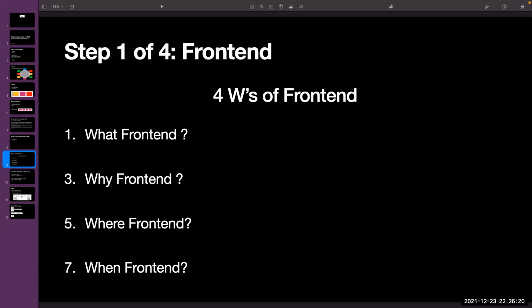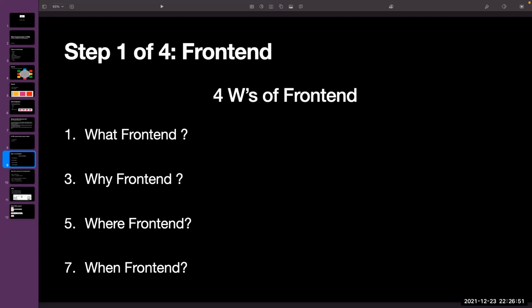So what is front end? Front end is something that an end user looks at. He is able to see it with his eyes and interact with it with his hands. That is called front end. And why do we need front end? Front end is required because not everybody is a programmer. Not everybody will understand what this product is. To give it to a person who doesn't know technology at all, we require a front end. That is why we have front end.